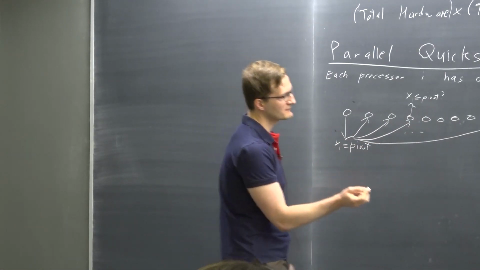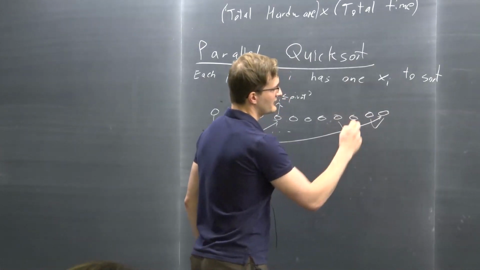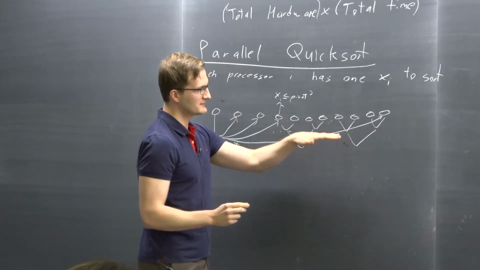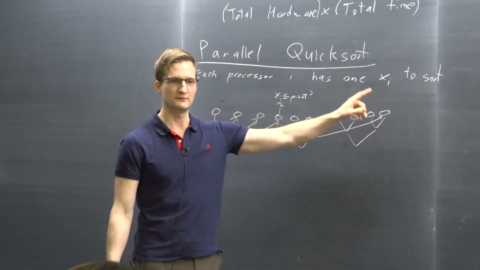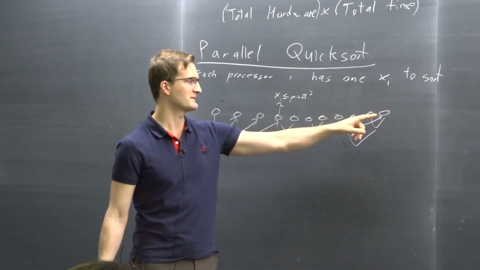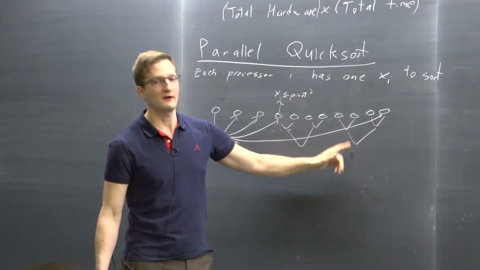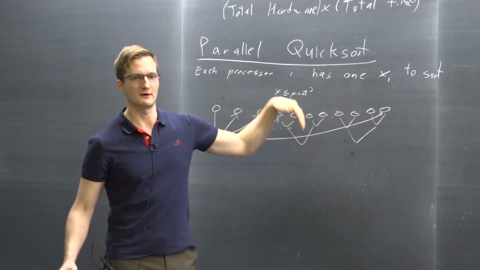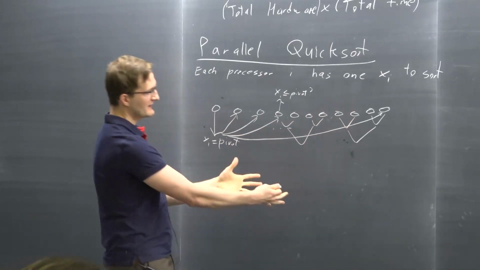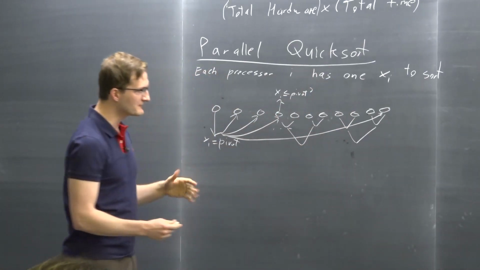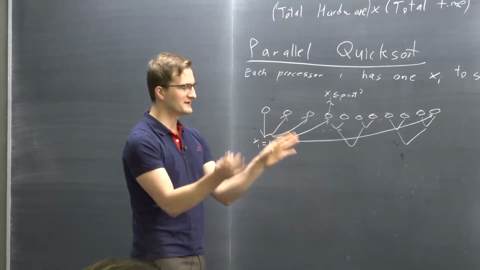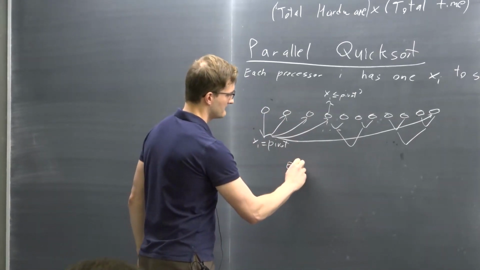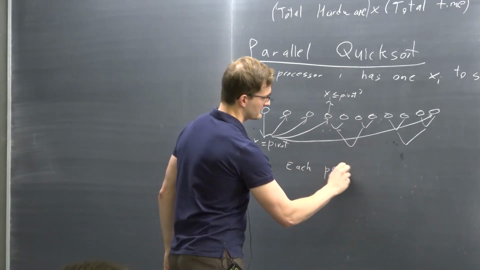What they can do for this is talk to each other in a binary tree structure. They ask, do you have something that is smaller than or greater than the pivot? As they get further along, they ask how many elements above you are greater than the pivot, and how many elements below you are less than the pivot. If you coalesce this in the tree and then propagate the answer back down, again, I don't want to get too much into the details, you can end up with a situation where each processor